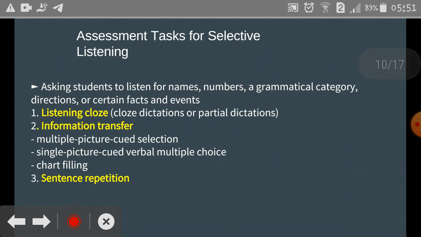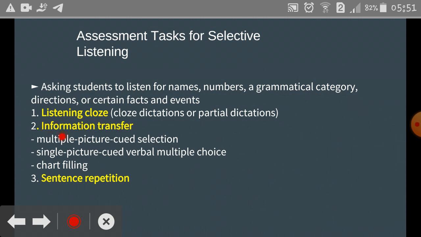Okay. Another way to assess selective listening is to use listening cloze. Listening cloze means cloze dictation or partial dictation. Another way is to look at